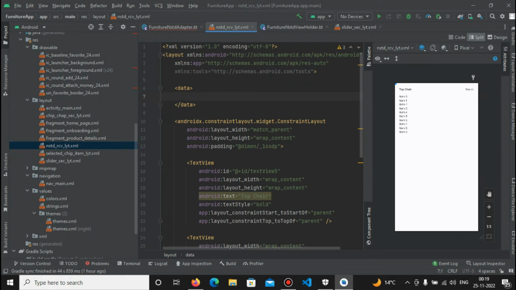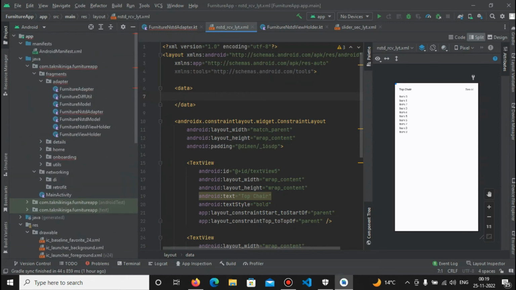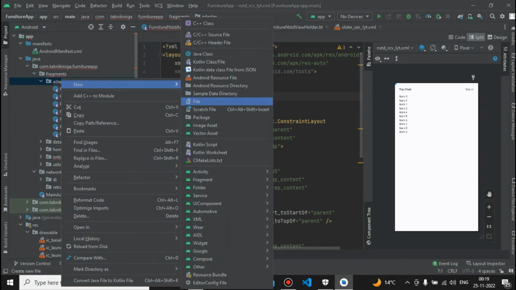Okay, later on we need to provide data binding for this, meaning we need to provide data for this layout. So for that I am going to bind all of this. All right, so let's move on to our adapter section, and after that we will pass our view holder in that, and after that we'll start creating our